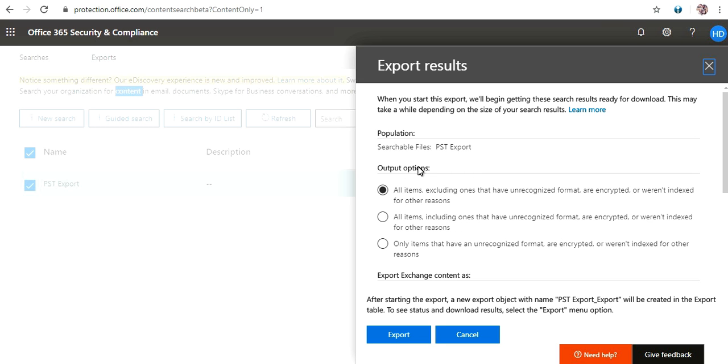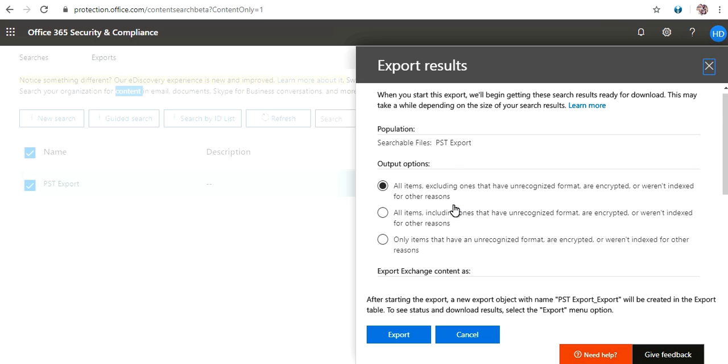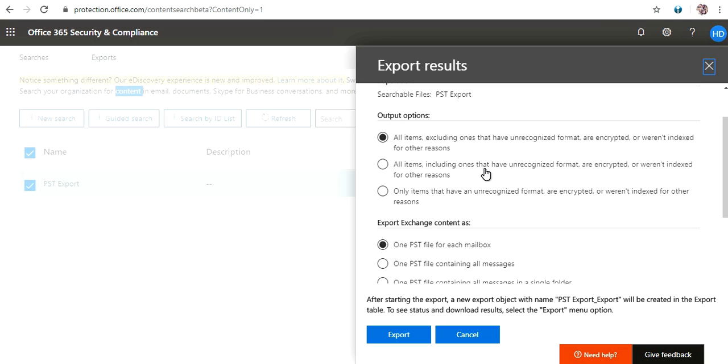From output options, you can choose: all items excluding ones that have unrecognized format, are encrypted, or were not indexed for other reasons; all items including ones that have unrecognized format, are encrypted, or were not indexed for other reasons; or only items that have an unrecognized format, are encrypted, or were not indexed for other reasons. You can choose any of the options. In my case, I am choosing the first one.